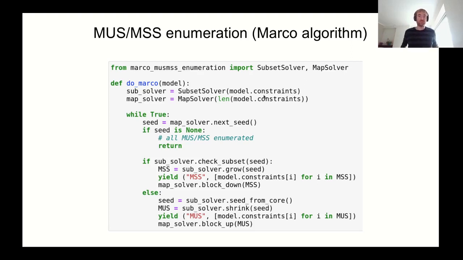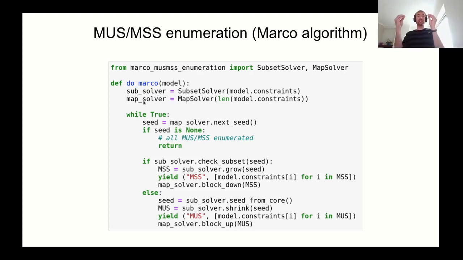Now, that was the first algorithm. Another nice algorithm is the MARCO algorithm. So why is this nice? This one actually does enumeration of minimal unsatisfiable subsets and maximal satisfiable subsets. What's nice about this MARCO algorithm, why I show it here, is that it actually uses two solvers. It uses a subproblem solver, which will be a solver that checks whether a subset of constraints is satisfiable or not. And it also uses a higher-level solver, a map solver, a kind of master solver that simply generates